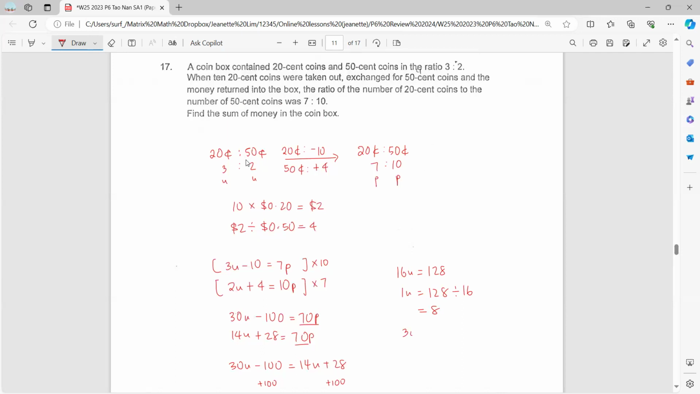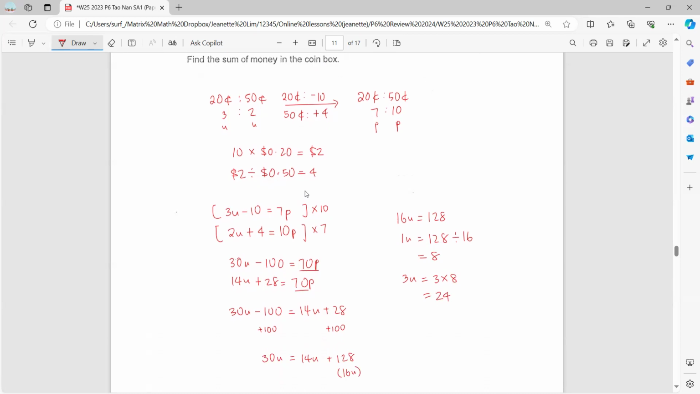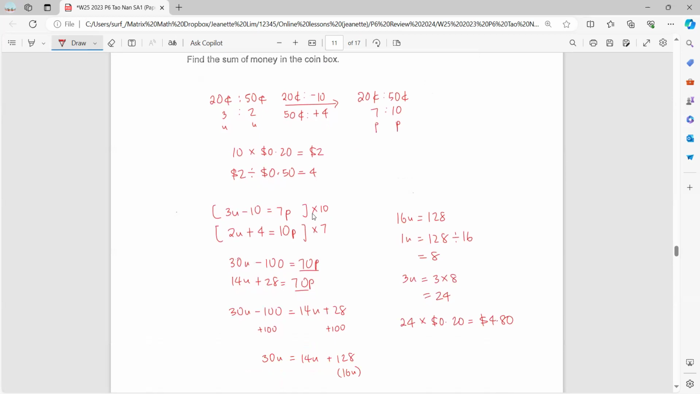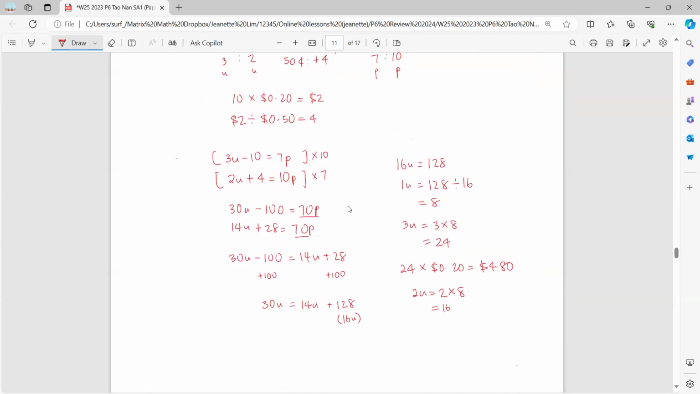So 3 units is 24. So there are 24 20-cent coins. How much is that? 24 times 20 cents, which is 480 cents. And then next we do the same for the 50-cent coins. Find 2 units. 2 times 8 is 16. So the value of these 16 50-cent coins will be 16 times 50 cents,